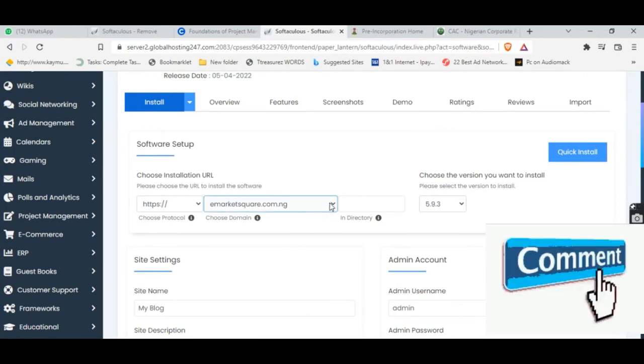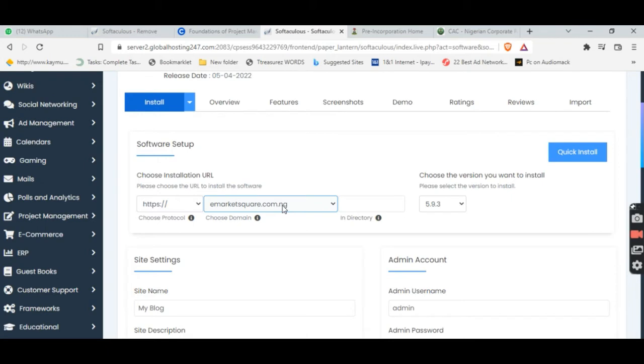here you see the name of the primary domain name, which is this. So if you're having a server that can host more than one domain, you can easily select from the drop down here. If it is only one domain name that the server can host, you will not see any of the domain names here. Now, if you take note of this other domain name here, training.emarketsquare.com.ng, I created this as a subdomain. You understand? So for the purpose of this training, what you do is you click on this, because I have already installed on this